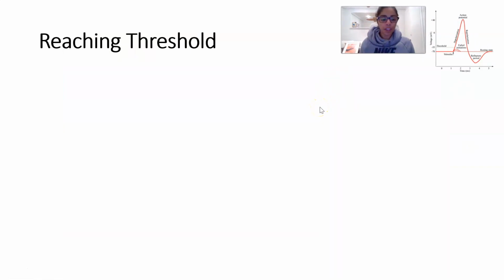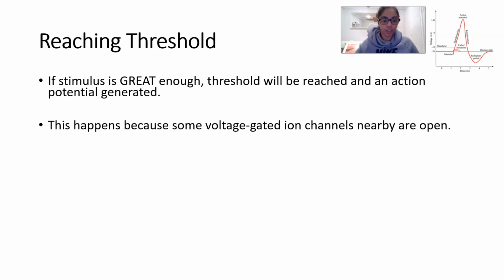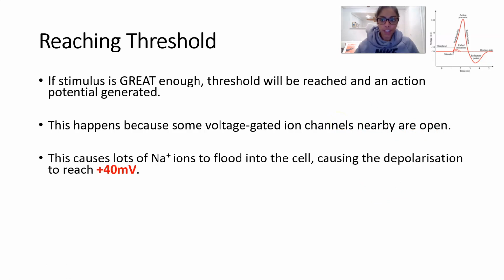As before, we have mentioned the graph, which I've got a picture of up in the top right corner, and we're going to be discussing how we achieve threshold. So if the stimulus is big enough, then we will have enough energy to stimulate an action potential. So how this happens is because there's enough energy in the environment to open those voltage-gated ion channels, and therefore enough sodium enters the axon,